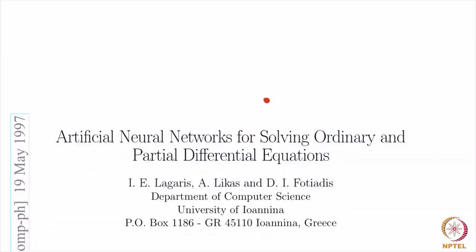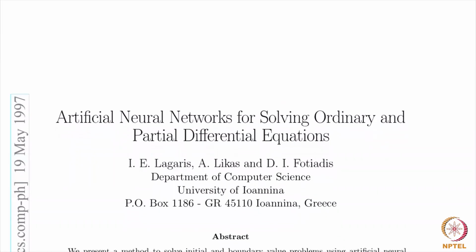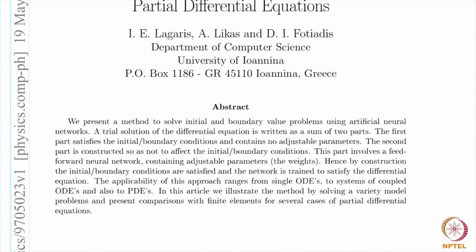So the first paper I wish to show you was a seminal paper called Artificial Neural Networks, ANNs for Solving ODE and PDEs by Lagaris et al. This is a professor in Greece. The paper was published in 1997. It took a good 21, 22 years for it to get incorporated into the modern framework by Raissi and Karniadakis. So you can see this talks about how it incorporates initial and boundary value problems using artificial neural